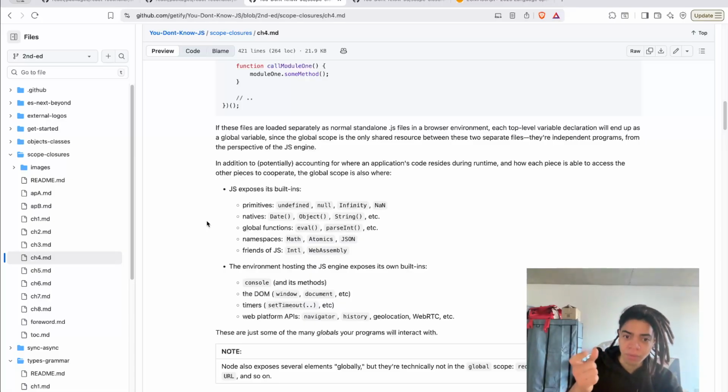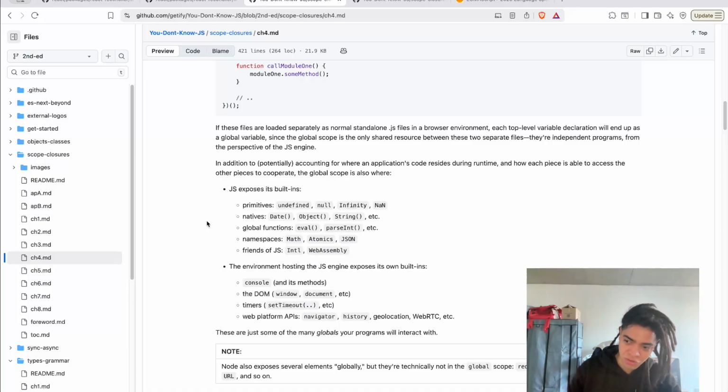So, primitive, native, global functions like eval, parseInt, namespaces like JSON, Math, and some more recent additions to JavaScript like internationalization and WebAssembly, as well as the environment hosting the JavaScript engine exposing its own built-ins.